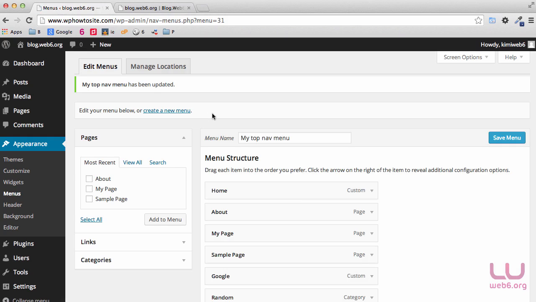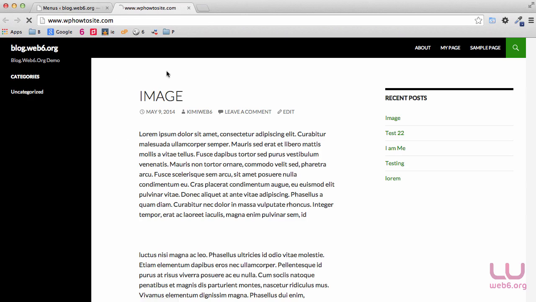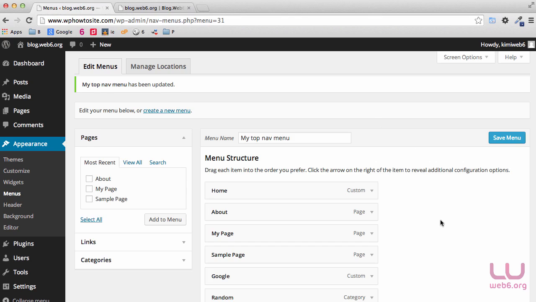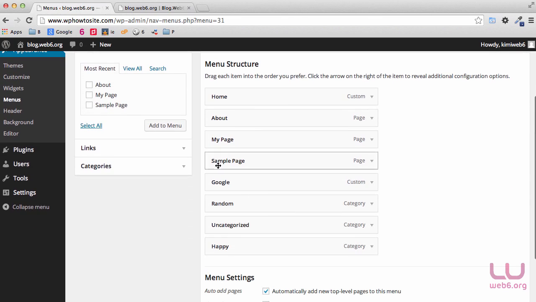So now let's go to our blog and refresh it. As you can see, the theme now displays the pages that we've just created, also with Google. As you can see, here is the Google link. So if we go back to our menu options here, actually you can drag and drop and reposition the menu